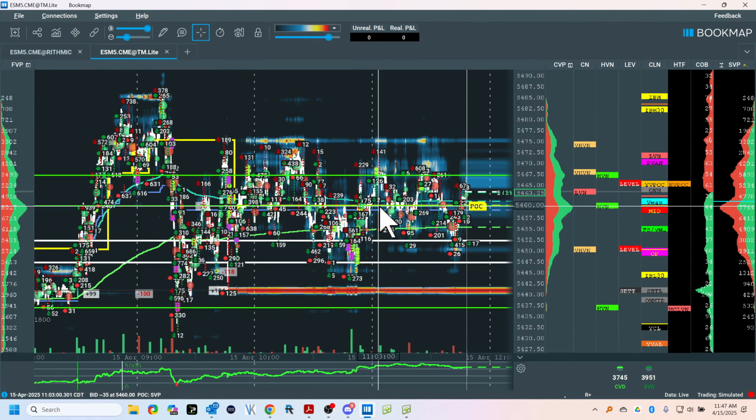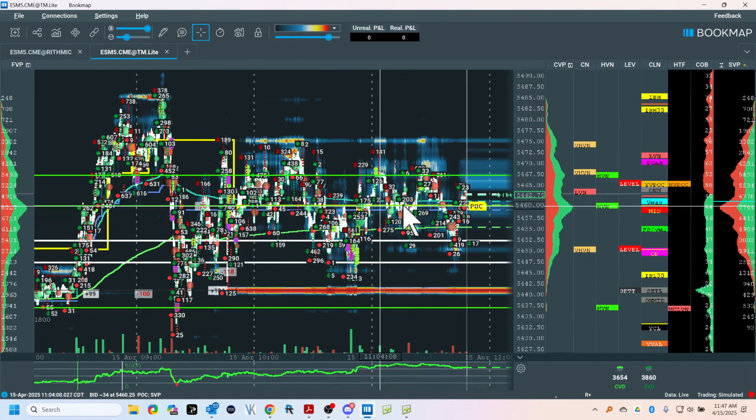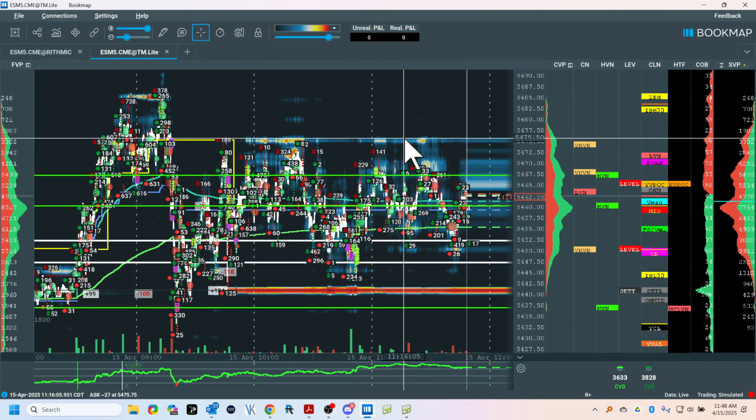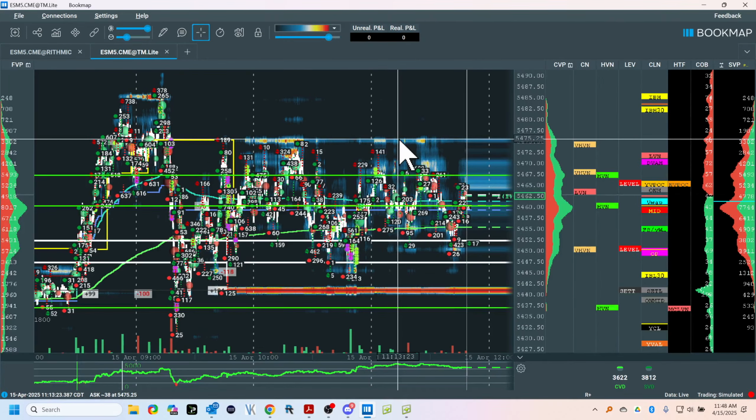Me, long. Does it mean I won't get run over and this thing goes down and takes out the low of the day? No clue. Not my job. My job is to get in alignment and then take my risk, play my probabilities, and accept the outcome. How do I grade myself? Not by the winning trades, by following my plan. My plan, the work has already been done. It has an edge. Is it going to show up on this trade or the next one or the next five? I have no idea. Not my job because I can't predict. What's my job? Play the game. Deal the cards. Stay detached. Be disciplined. Just do what I'm supposed to do.